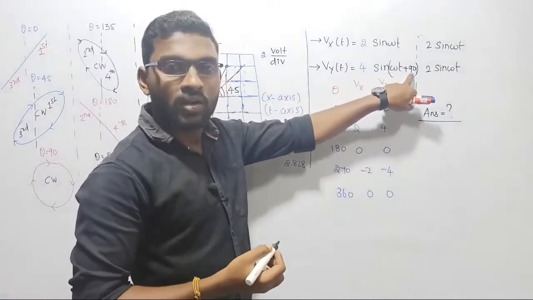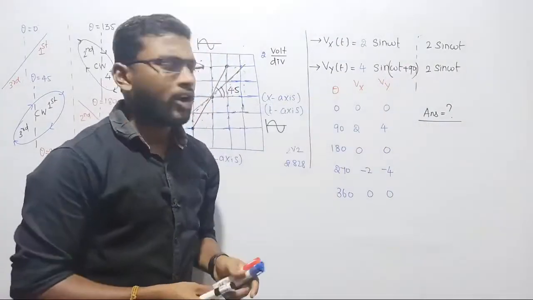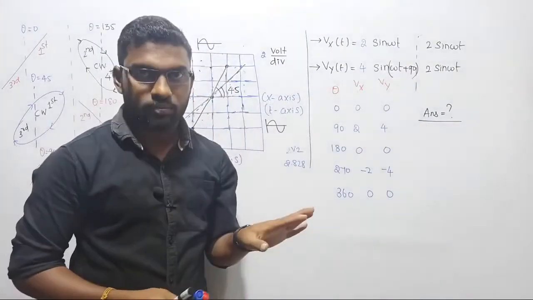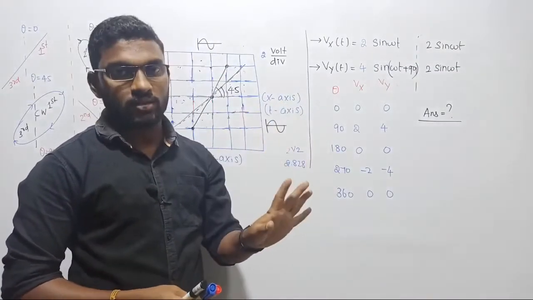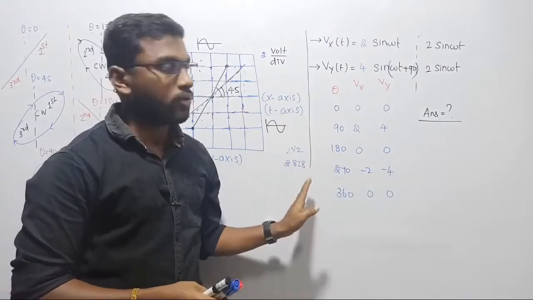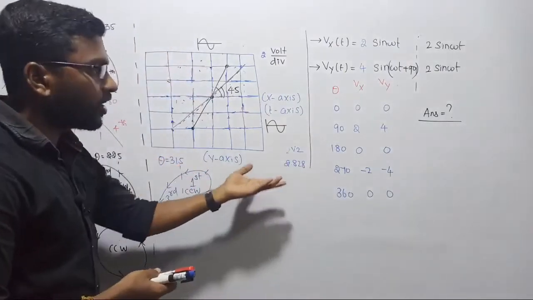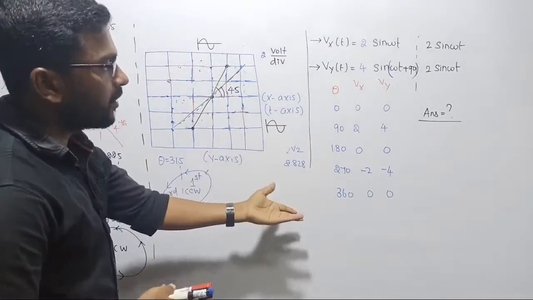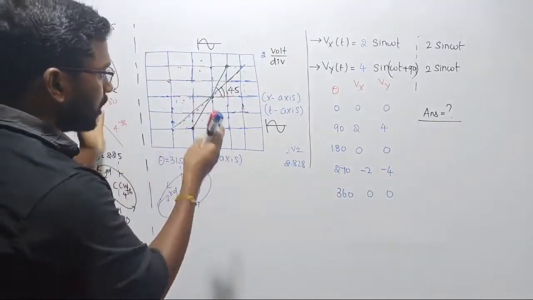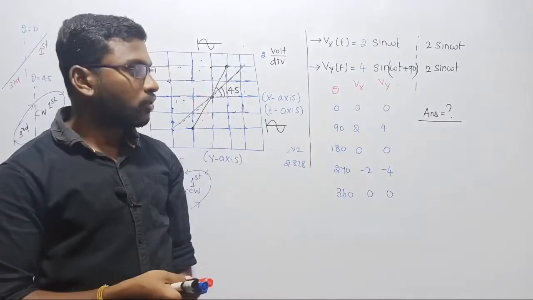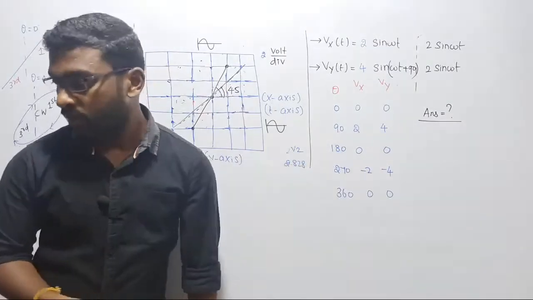Theta equal to 90. See, listen, hereafter, I don't want to conclude anything. Don't memorize. My intention is, don't memorize anything. That is what I would like to conclude here, right? You have to understand. I hope you all are getting what I'm trying to conclude here. Hereafter, you no need to worry about this pattern. Everything will be given. Just put these values on the screen of your CRO and try to develop the pattern. You will get the idea. There are no more things to understand here. Clear?